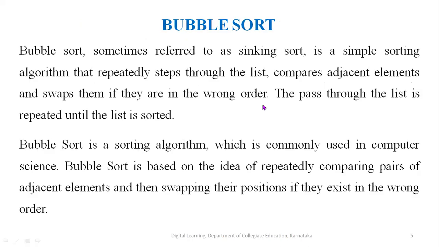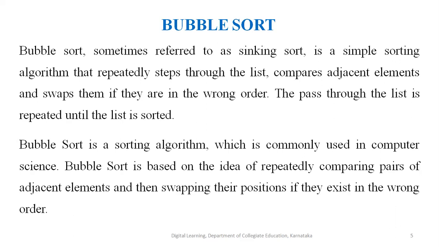So in this video lecture, you will be learning about bubble sort technique. So basically, bubble sort is a basic algorithm for arranging a string of numbers or characters in a particular order. Now, a bubble sort algorithm goes through a list of data a number of times, comparing two items that are side by side to see which is out of order. It will keep going through the list of data until all the data is sorted into order.